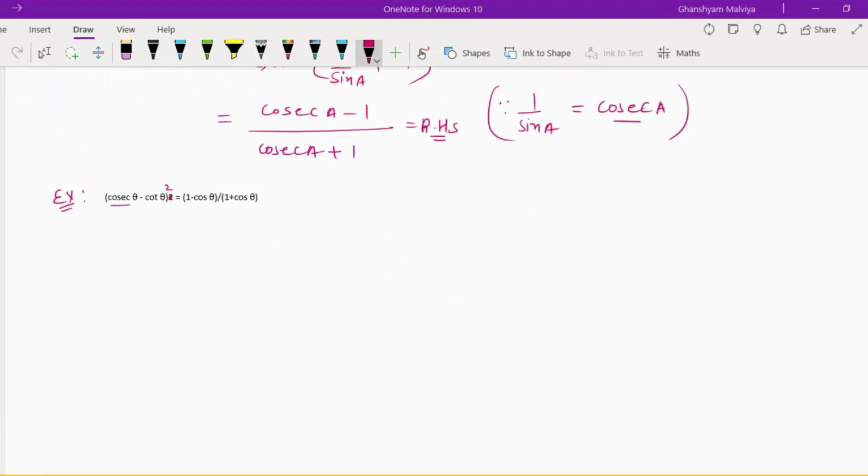See, I will show you the solution here. Wait a minute. So in that